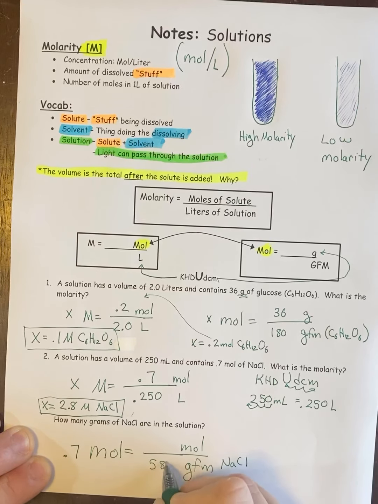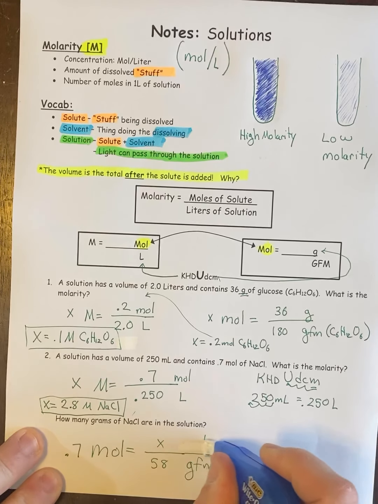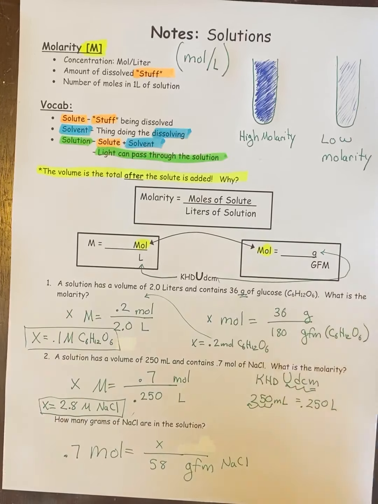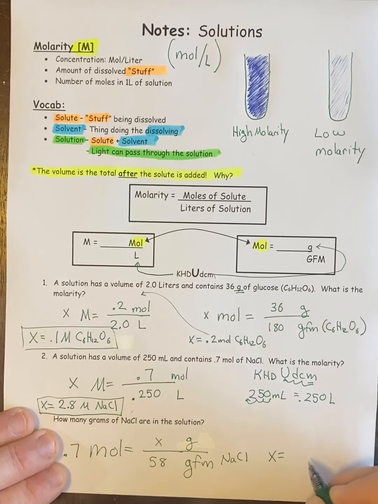You add it up, and then we want moles, cross multiply, or sorry, that's a mistake. It's grams over GFM. And then when we cross multiply, solve for x, we get